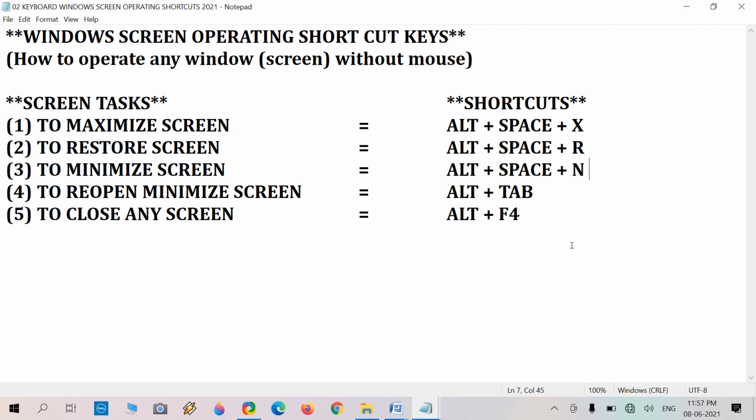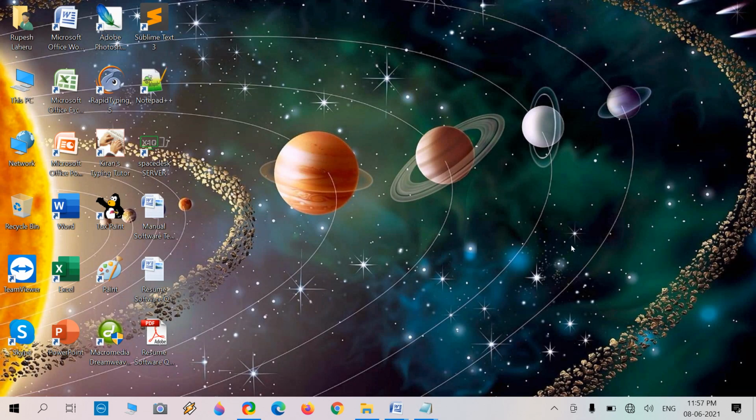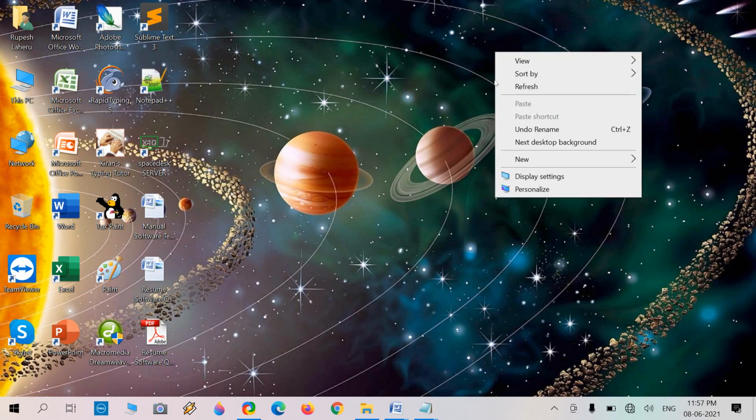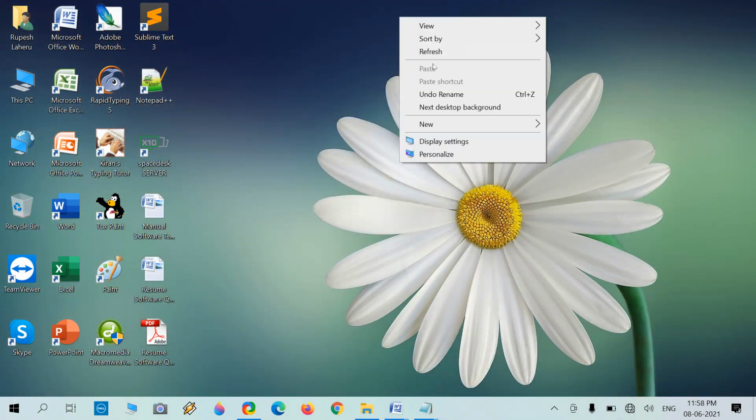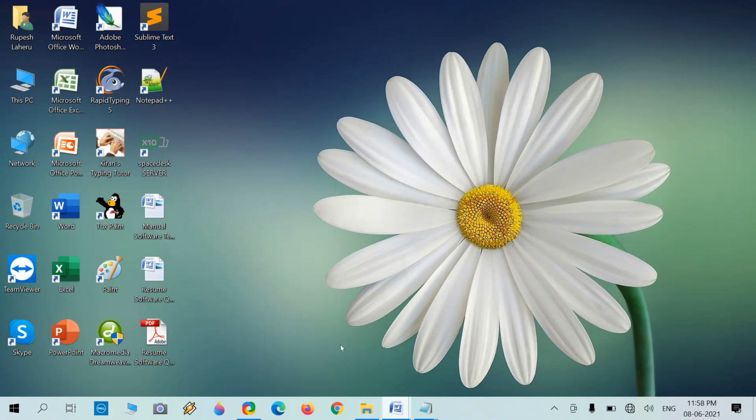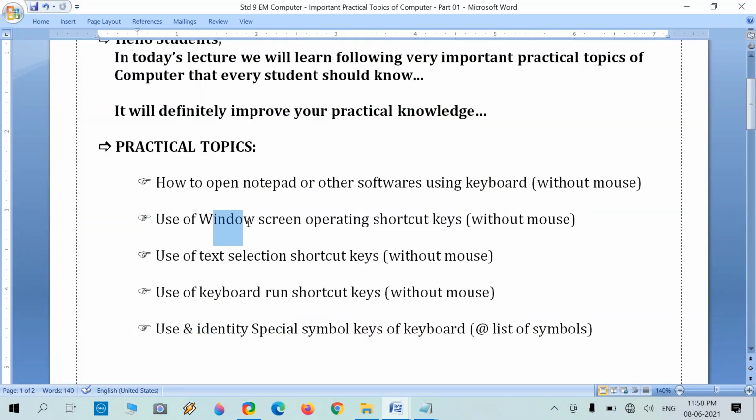And at last, Alt F4. Alt F4 means close the current screen. Remember all this? It is very easy to perform. Last we performed these Windows screen operating shortcut keys.